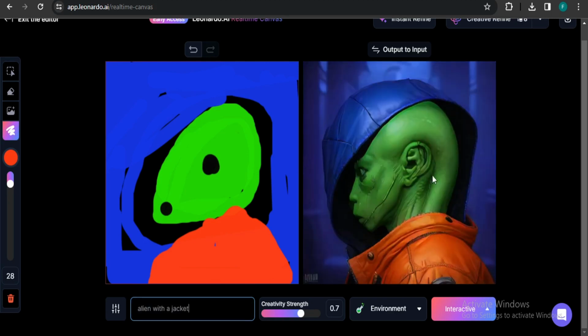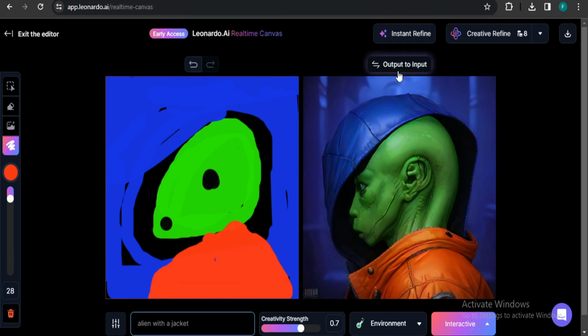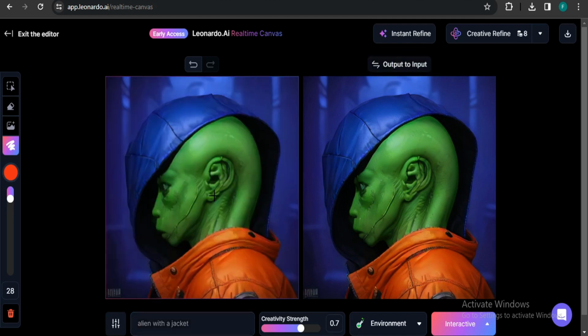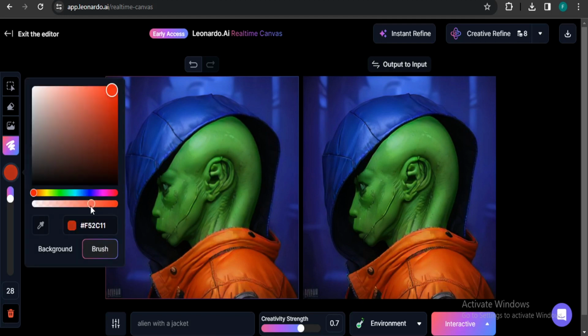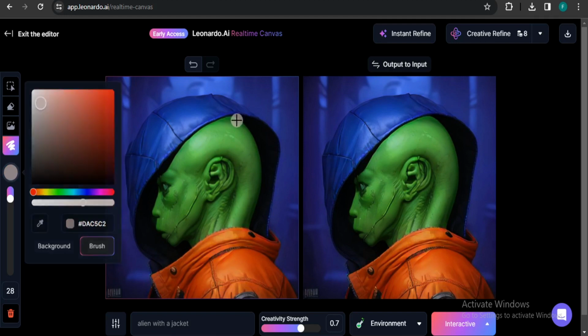So this is cool here. If you like this picture here, there's a cool feature also which is called output to input. So if I want to use this picture as an input, just click on it and this picture will be here. Now you can modify this picture here also. So let's say I want something similar to this picture, and just go to this option and just transparent to highlight it, choose the white color, and if I just highlight here,